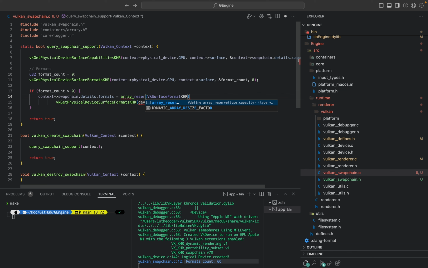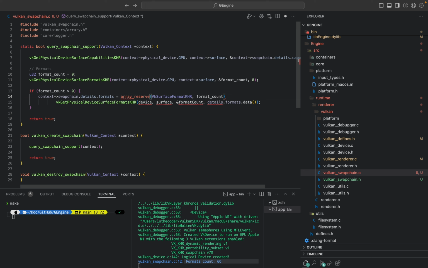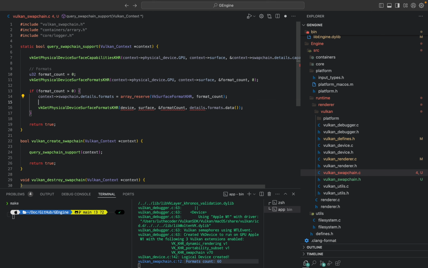So what I want to do is, instead of having to resize this later on, let's just create enough space for the amount of formats we actually support or have support for. So in this case, it's 60, but we need to basically properly get that using the variable that stores that value, in this case format count,